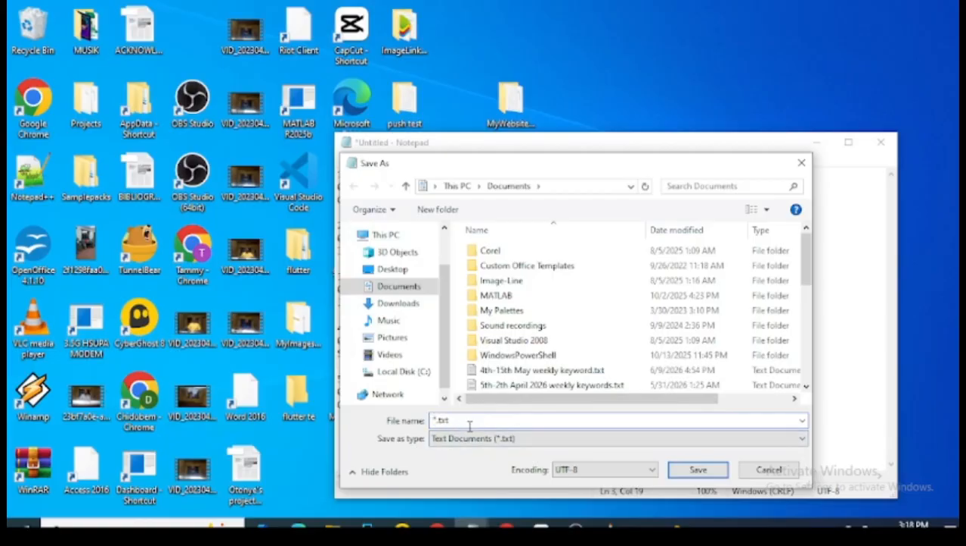So it says here .txt, but here's what we're going to do. We're going to come here to save as type, come down here and click on all files. It was on text documents .txt. We are going to move it to all files. And then we come to the file name and name it what we want to name it. Let's say we'll just call it test, and then we'll put